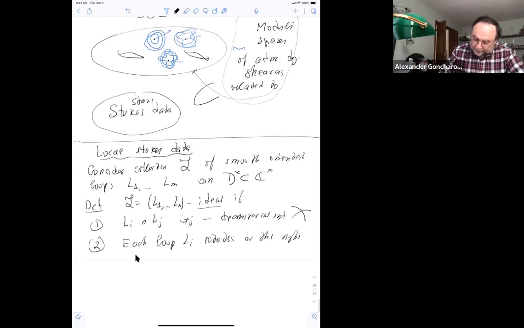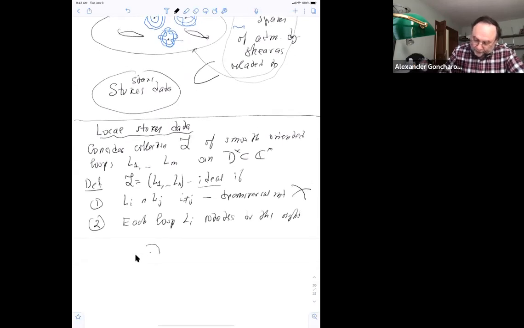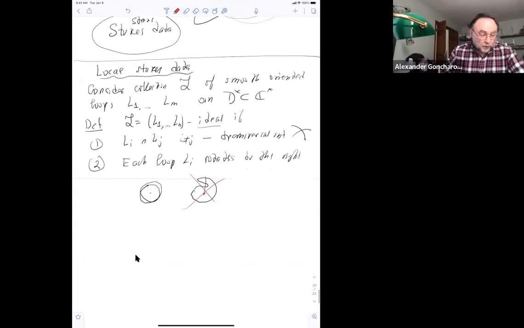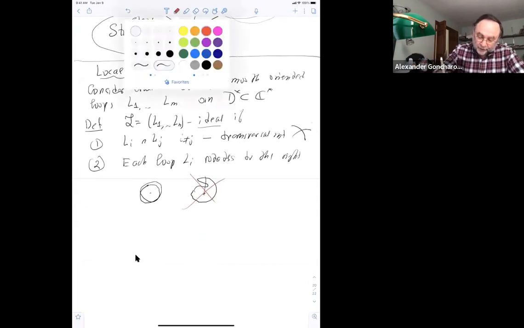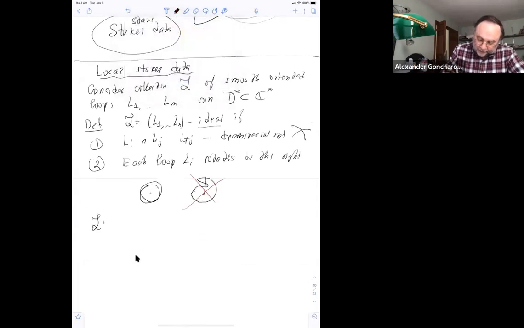This means that you go this way, but you absolutely cannot go this way, because here you turn left, so you shouldn't do this. So that's forbidden. Okay, so in this case we call L an ideal